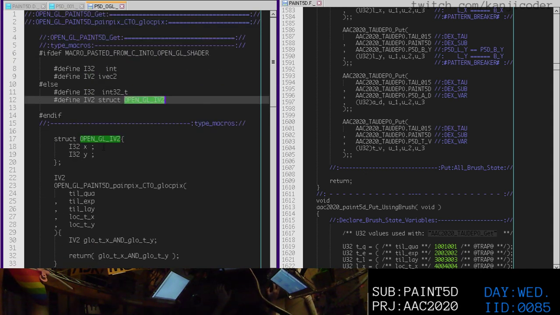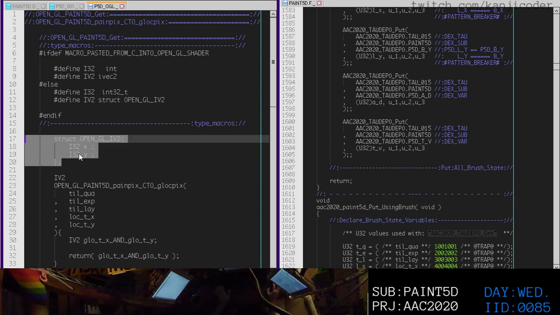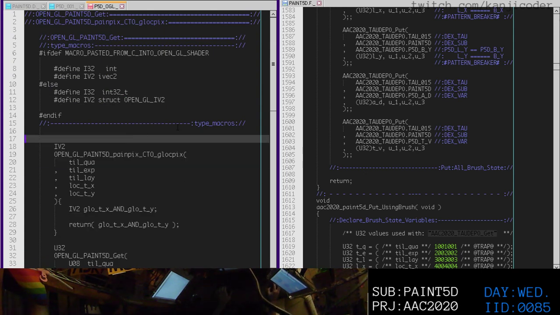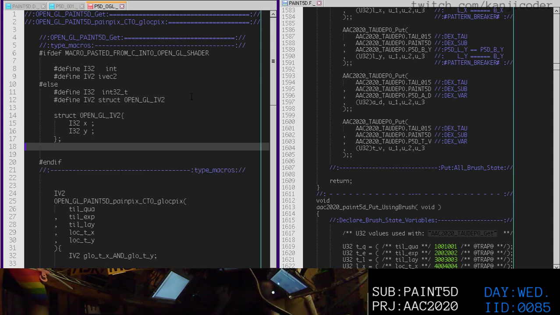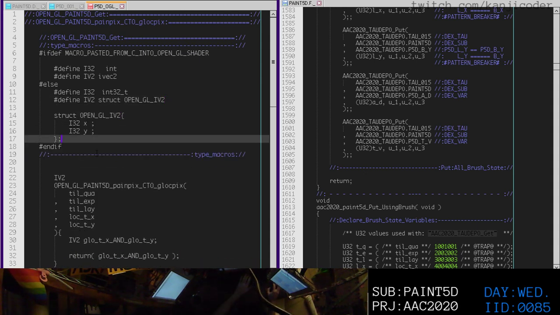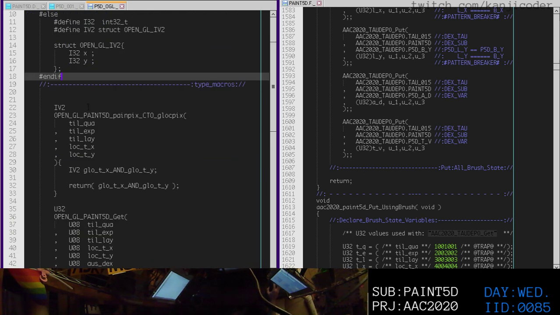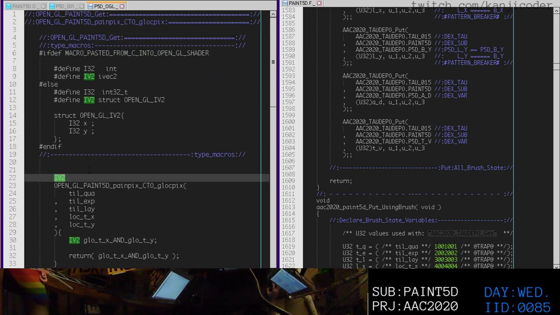Now, because we have this thing here, we can't have this struct here. This struct is only for the C code. So we're going to have to put it here, because once we're in the GLSL code, the IntVec2 is just going to be IVEC2, right? Okay. So now that we say IVEC2,